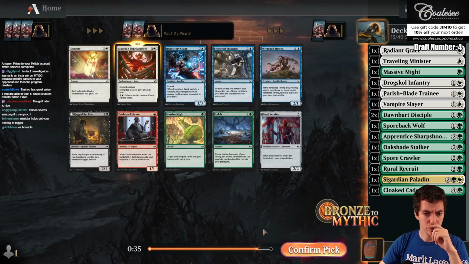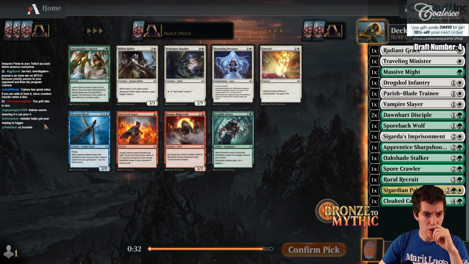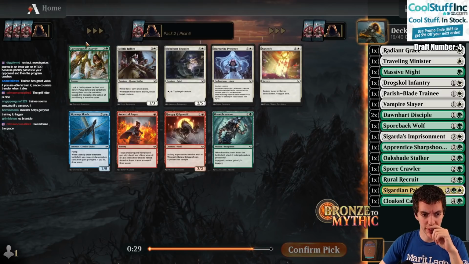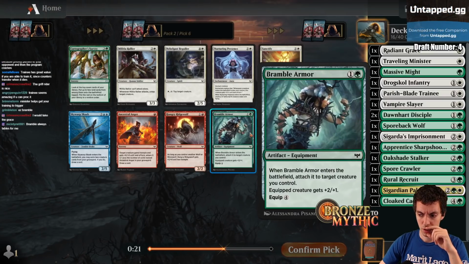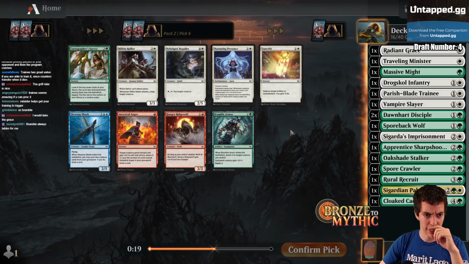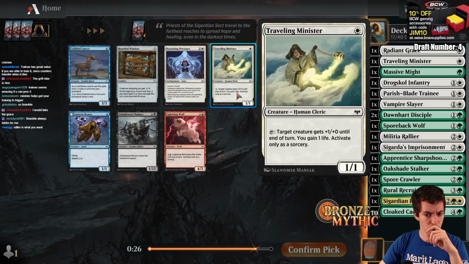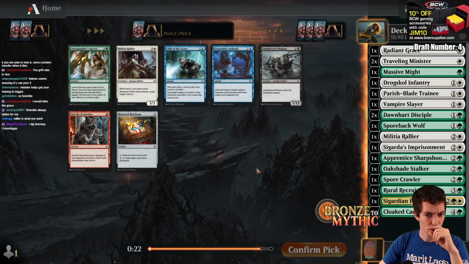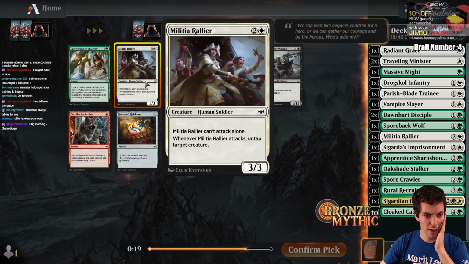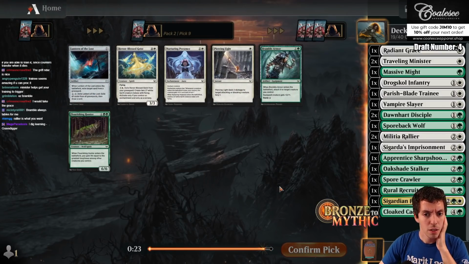Imprisonment's awesome. Good pickup. Cartographer's Survey. Some landy stuff. Rallier. And Bramble Armor. Yeah, Bramble Armor is a card you get late anyway. Take the Rallier here. Another Minister? Sure. Another Rallier? Sure. All right. I mean, this deck is much more fair than our last few decks were. Our last few decks were all rares. This is like an all common deck. Which is fine, but